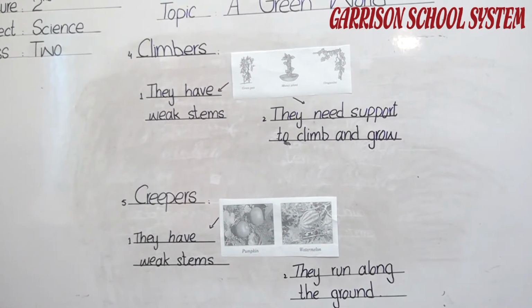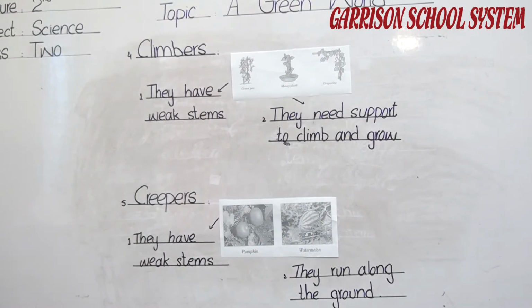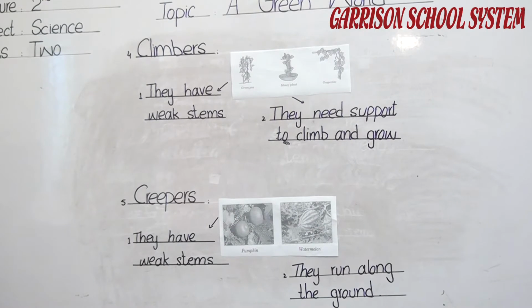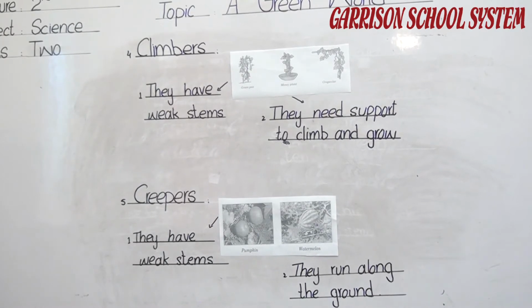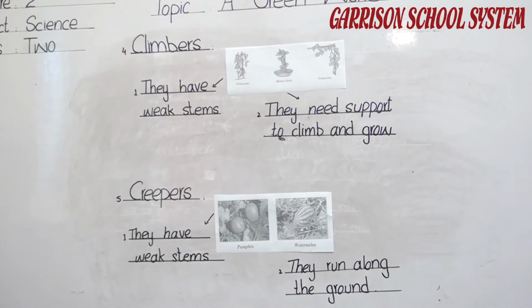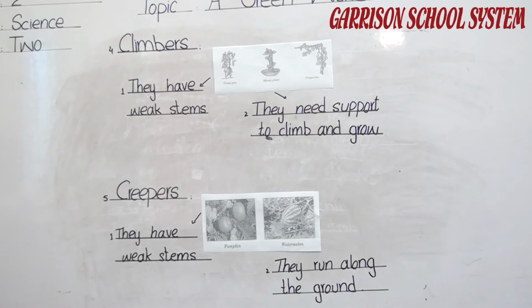Why do these plants have thorns on them? Because there is a benefit of these thorns for the plants. Thorns protect the plants from being eaten by animals. If someone wants to pluck the flower, or animals want to eat the plants, when they go near these plants, the thorns stick in their body, so they remain away from these plants. These are the benefits of the thorns for these plants.